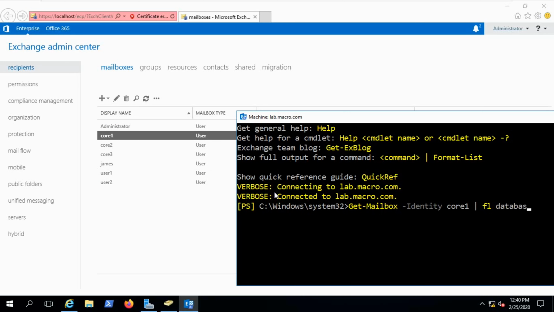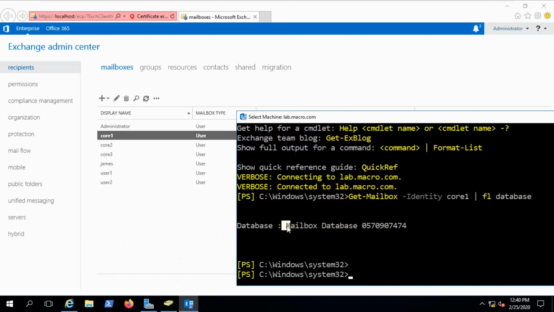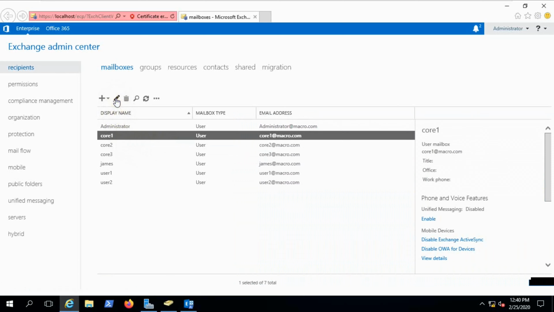Click enter. It is in our default database, Mailbox Database 0570907474.